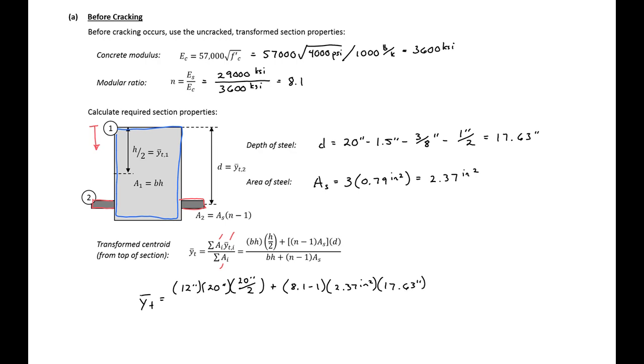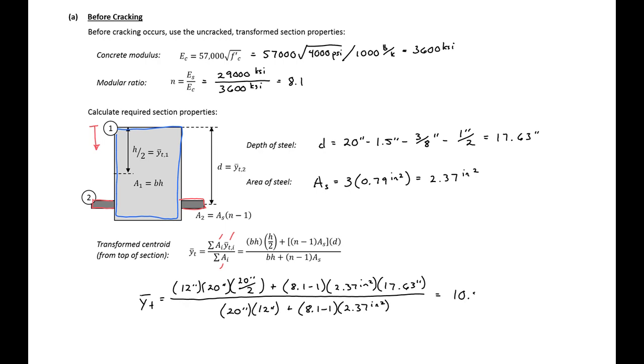And then all of this divided by our summation of our areas, 20 times 12 plus 8.1 minus 1 times 2.37, which will give us a y transformed here of